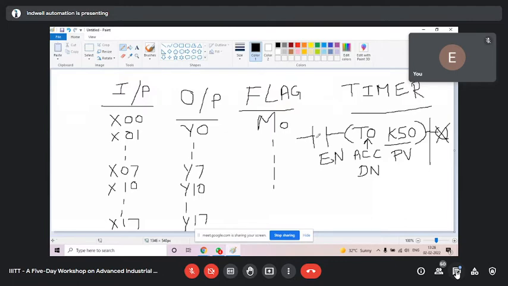It means when this timer starts running, enable is high, the running value 1, 2, 3, 4, 5, 6, you can monitor here itself on T0. So T0 is the accumulator, and after 5 seconds, if you have to use its done bit in NO or NC, then no need to take a flag, you can use its address directly. The address of this timer is T0. So T0 NO or NC you can use further. No need to take any flag, and you cannot take a flag here.